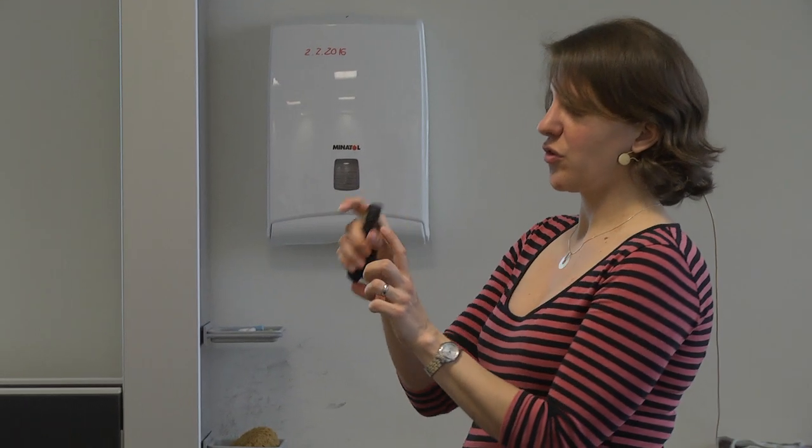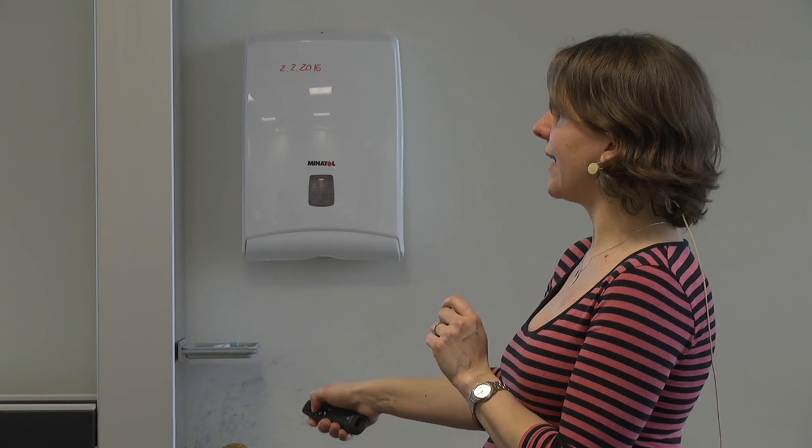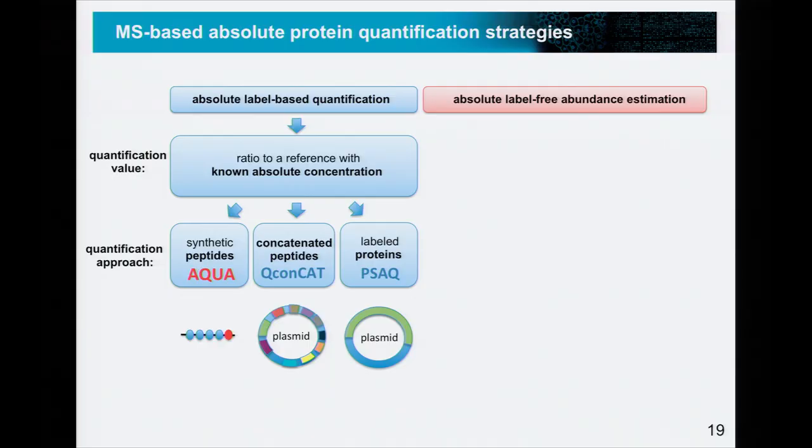a concatenation. So one peptide of interest after another is cloned after each other on a plasmid, and like this you create a new artificial protein that never existed before. These peptides can come from completely different proteins, doesn't matter. You can put up to 50 peptides one after another. Like this you create a new protein that you overexpress cell-free or in E. coli in isotope-labeled media. And like this, you get a new isotope-labeled protein that you then spike into your sample of interest. It gets digested together with your analyte and then releases, in theory, 50 equimolar peptides in one go that you can use for